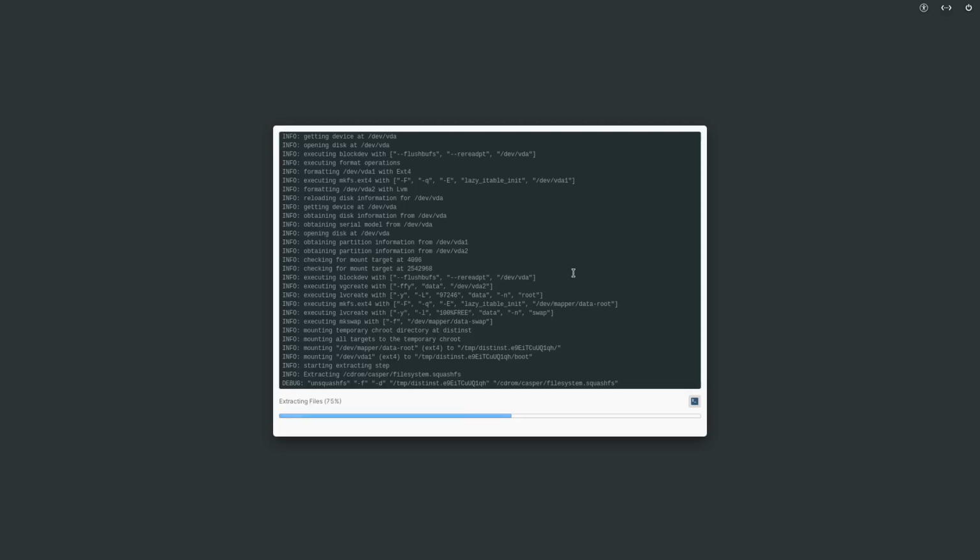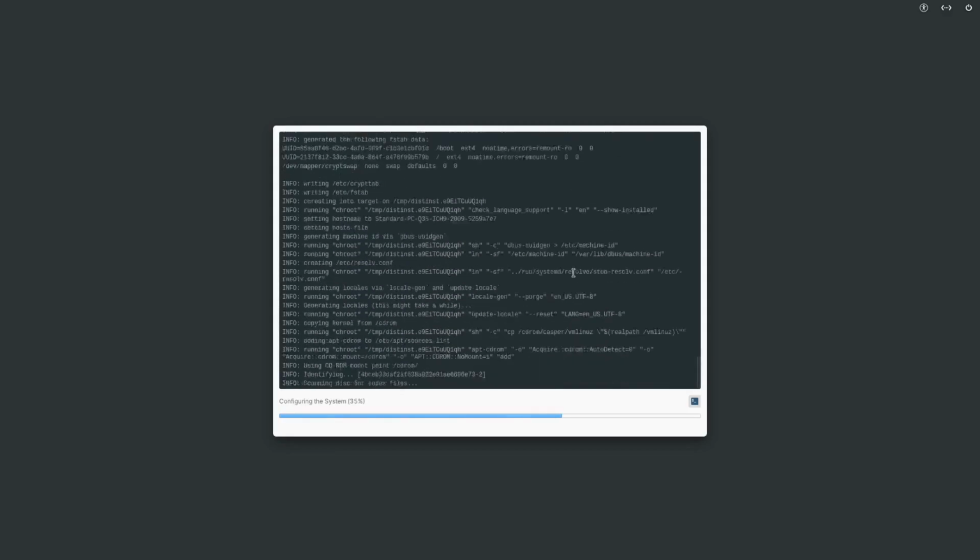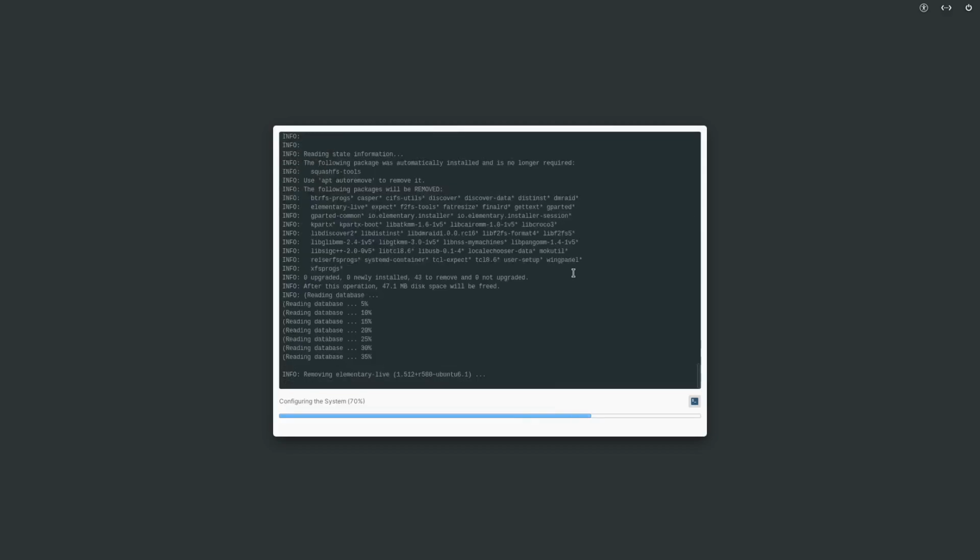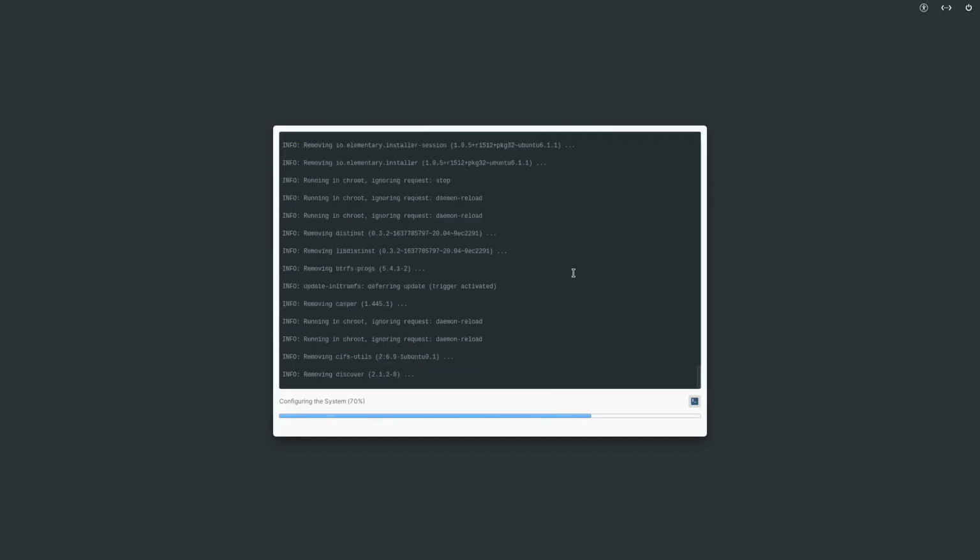Although, one worry I do have is when I encrypt, I always worry that if something goes wrong, I won't be able to go into live mode and recover that data from a different live mode distro.